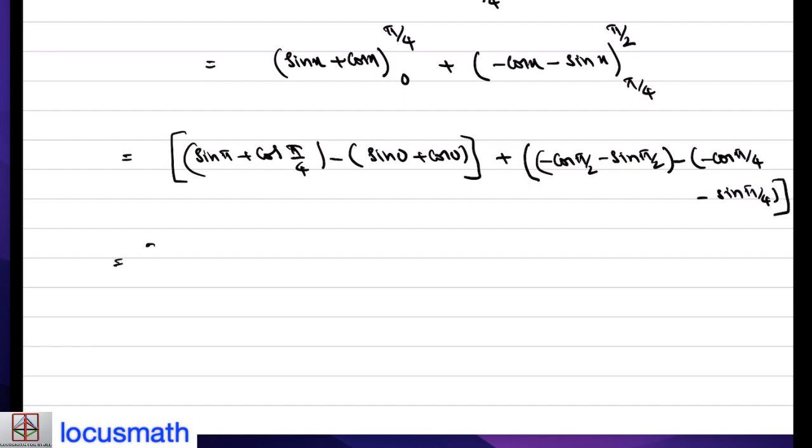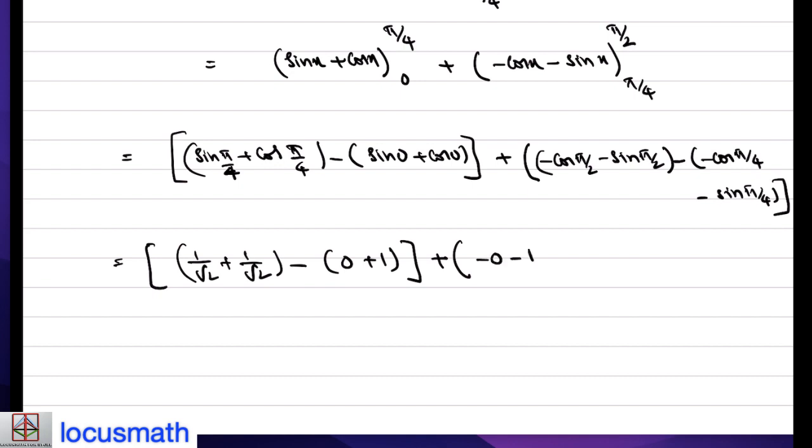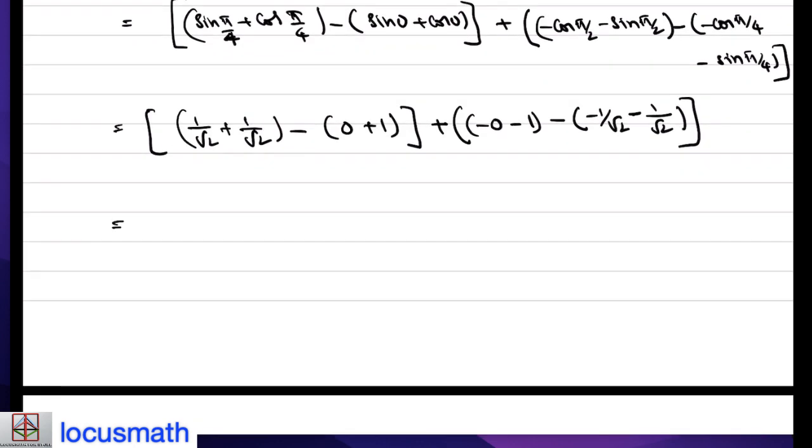Which equals sin 45, 1 by root 2, plus cos 45, also 1 by root 2, minus sin 0 which is 0, plus cos 0 which is 1, plus cos 90 which is 0, minus sin 90 which is 1, minus cos 45 which is 1 by root 2, minus sin 45 which is also 1 by root 2. Here 1 by root 2 plus 1 by root 2 is 2 by root 2, which is root 2 minus 1